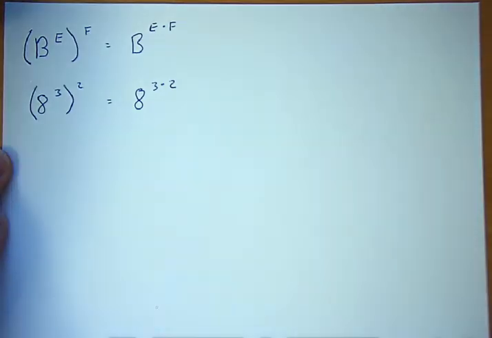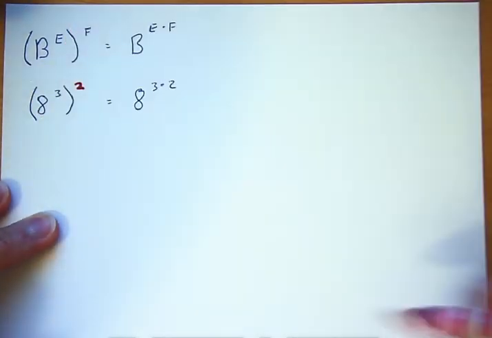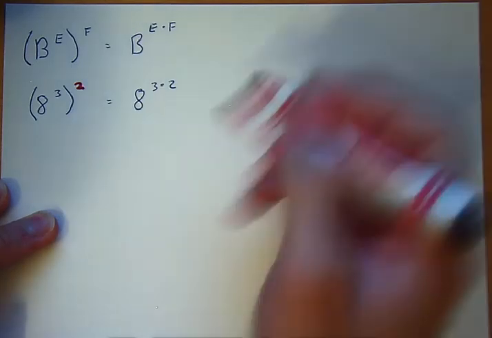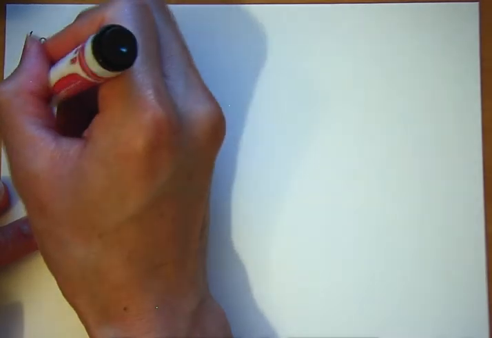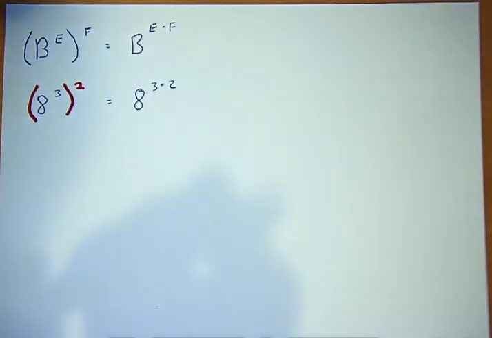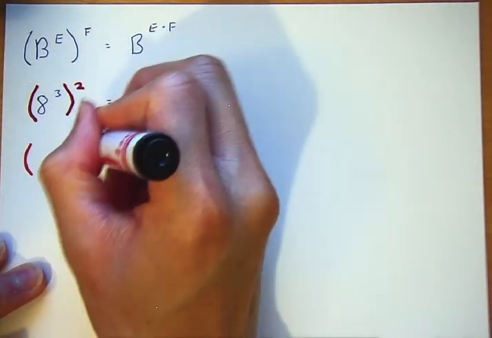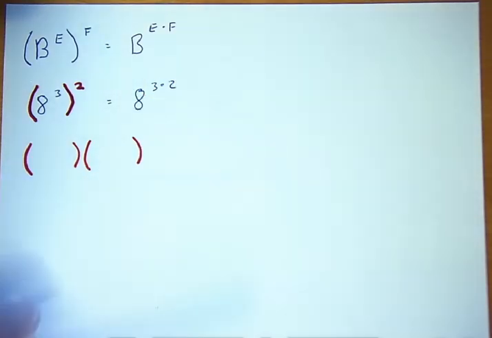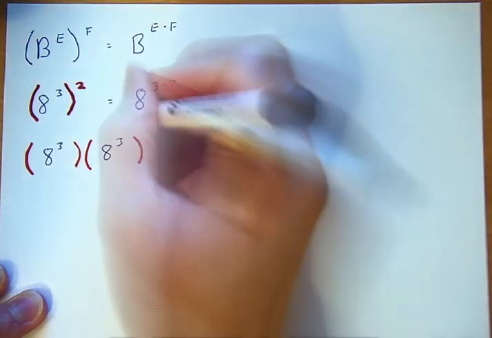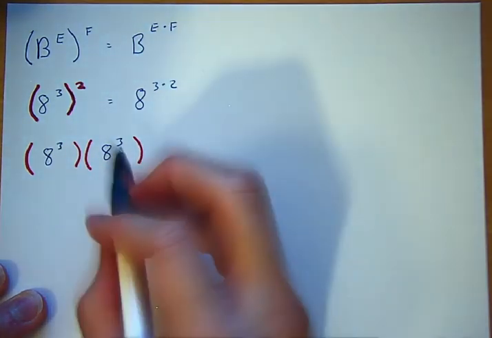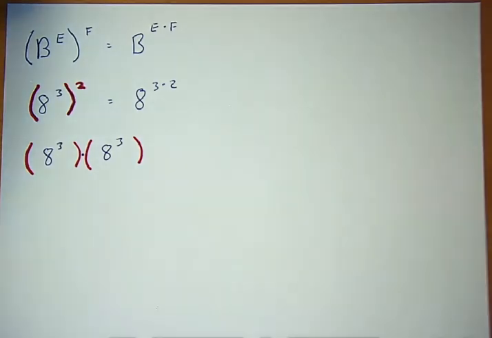The reason: this exponent 2, exponents always affect the thing right in front of it. And what is right in front of the 2? This parentheses. So this parentheses is happening 2 times. So 8 to the third, 8 to the third. In between these parentheses is a multiply sign, so I'm just going to put that in there. And so this basically ends up equaling